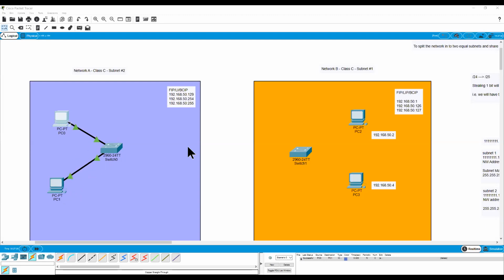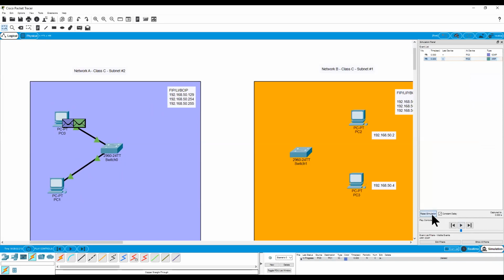But look now what would happen if I was to change PC1's IP address to, let's say, 110. Okay, now 110 is not inside the range of PC0. So let's see what happens if I send a packet here. I'll delete this video and take another one. We can see an ICMP is created and it dies immediately. The reason why this ICMP is not even producing an ARP is because PC0